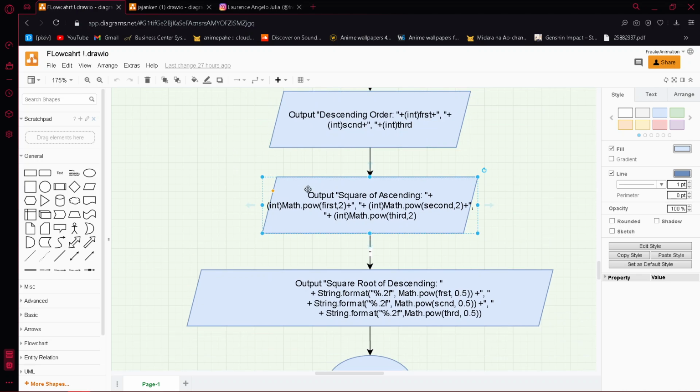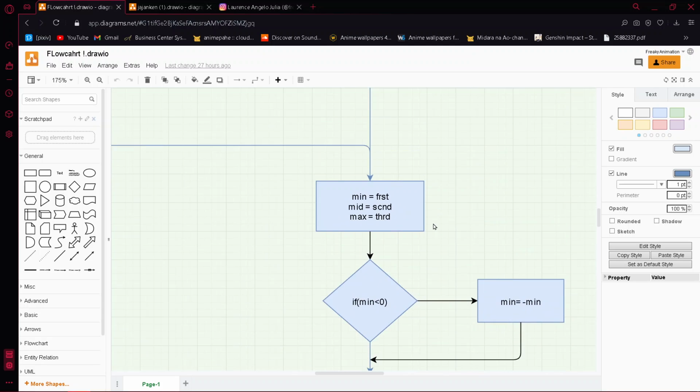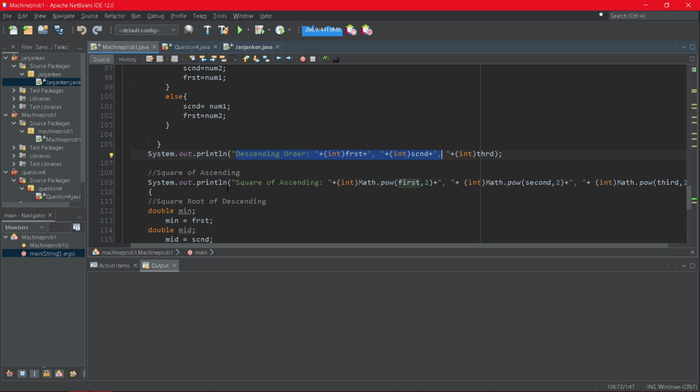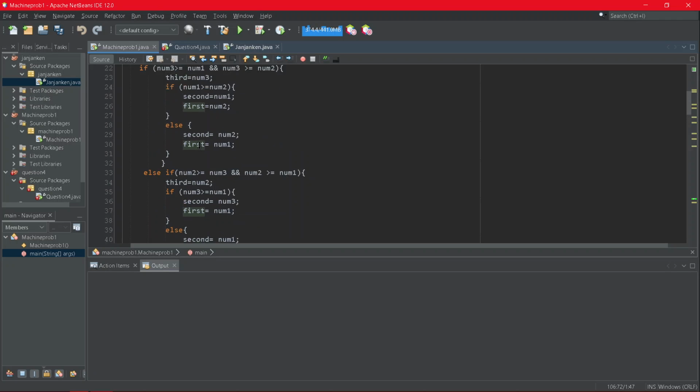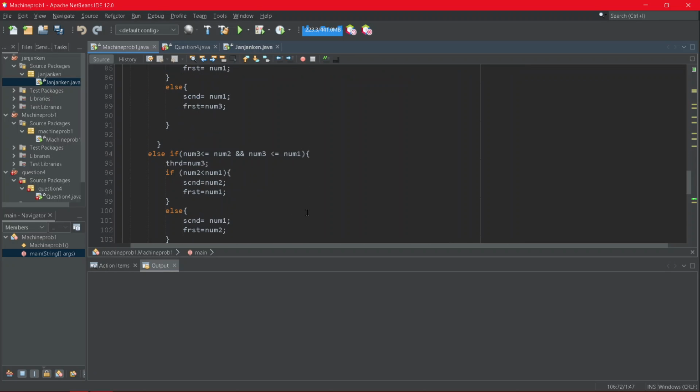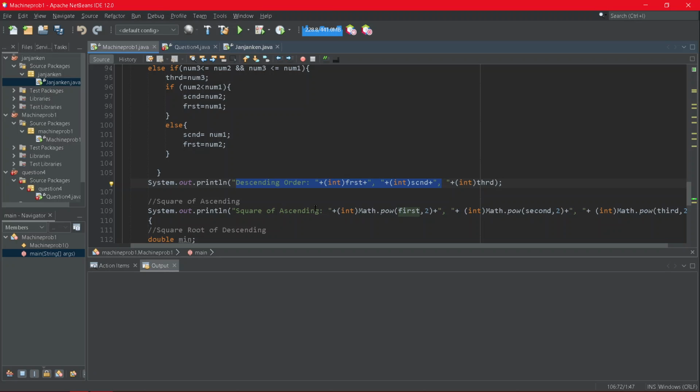And here we can now see the output of square of ascending. As you can see, there is no flow of square of ascending, because in the formula given, it is now in the print section, which is the output. The code is in the part of ascending order, in which it is also being squared, or multiplied by itself.